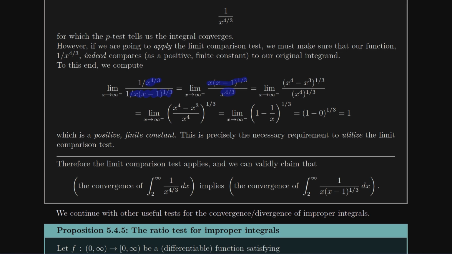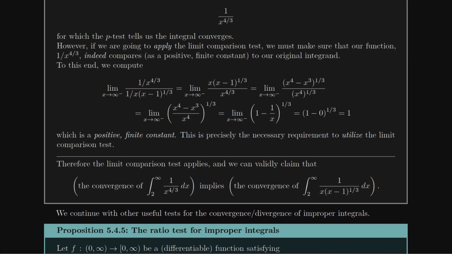That's just algebra. And then we're going to simplify this a little bit, right? I can go ahead and rewrite this x as really x cubed to the 1/3, which means that both my powers here are 1/3, so I can pull that x cubed inside. I'm going to have x to the 4th minus x cubed. Similarly, in the denominator, x to the 4/3 is really x to the 4th to the 1/3. And so I've got a whole bunch of 1/3 powers here. I can pull the 1/3 power all the way out. I get x to the 4th minus x cubed over x to the 4th, or if I distribute my denominator to both terms in the numerator, 1 minus 1 over x.